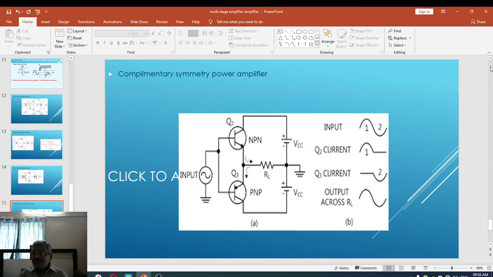As we are aware, the power amplifier may be class A or class B. Both make use of input and output transformers. These transformers must be impedance matching transformers, which are bulky. It increases the bulkiness and the weight of the power amplifier circuitry, and also the circuit becomes much complicated.